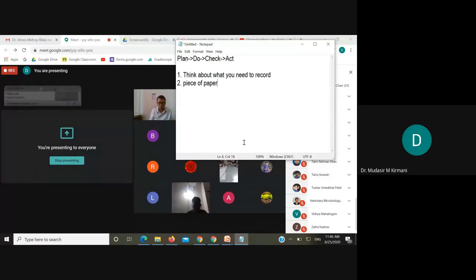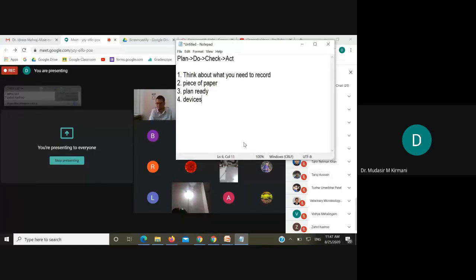Now, once you are through with these two steps, you now have a plan. So your plan is ready. If your plan is ready, what you will do is now you will open Screencastify. Prior to starting your recording, you will see all your devices are appropriately connected. You will check whether your microphone is working, whether your headphone is working, whether your camera is working if you want to record video as well, whether you have the PowerPoint presentation available with you. So you need to prepare your PowerPoint presentation well in advance.